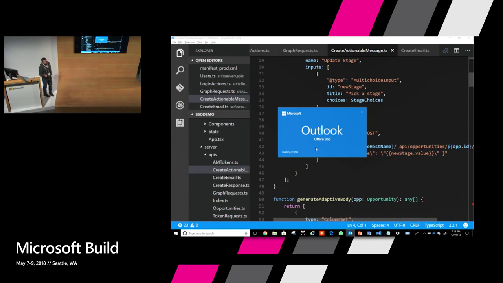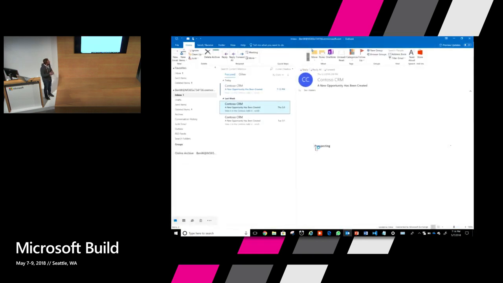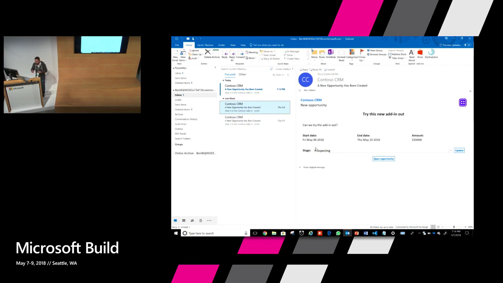Ben is a sales executive on Lydia's team. Ben is new to the company, so he does not know which CRM system the company uses, and he will receive this notification from Lydia. Sorry, the internet is slow, but as the profile loads, we will see that a notification from Lydia has arrived in the inbox. On top of that, you will see the mail itself is not just plain HTML, it is very nicely formatted.